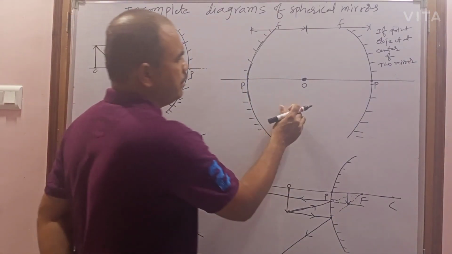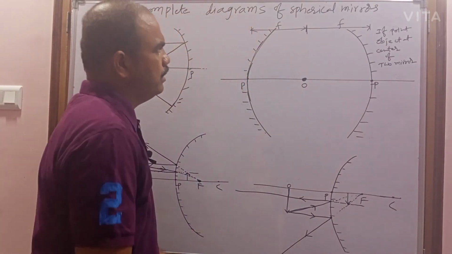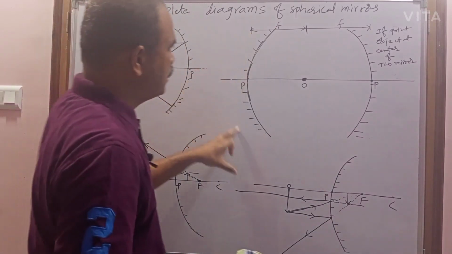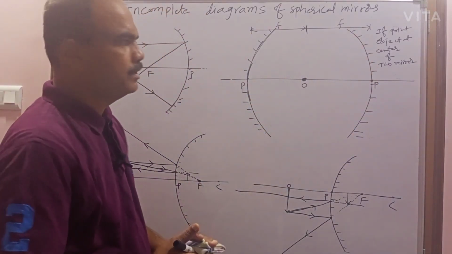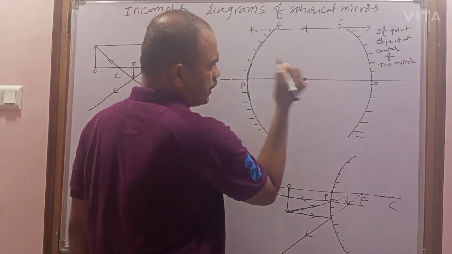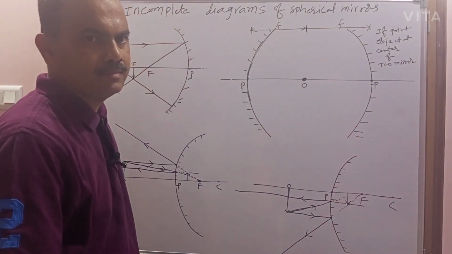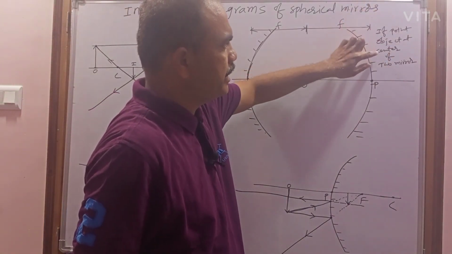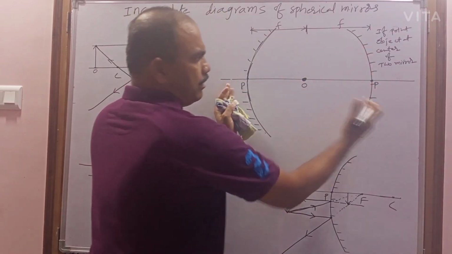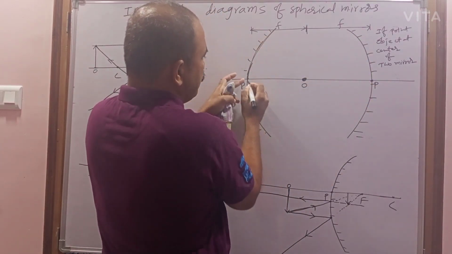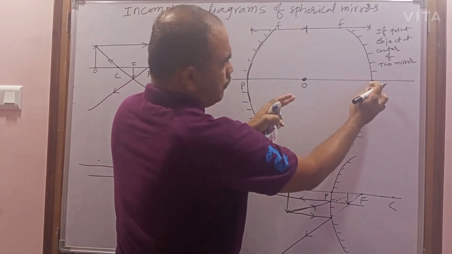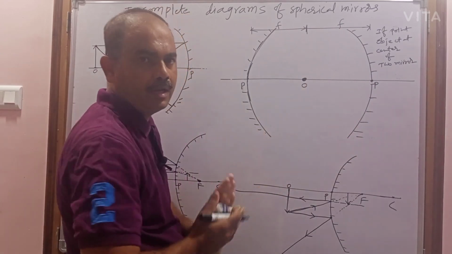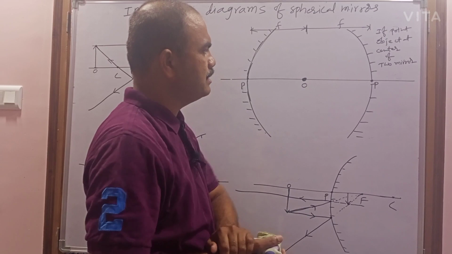Now come to this one. This is very important. What is given? These are two concave mirrors, and here O is given. O is nothing but the object. This is a point object. The point object is at the center of the two mirrors. From this pole to the object is F, and from the pole to this object is F. These are two concave mirrors having the same focal length, and the object is placed at the center.